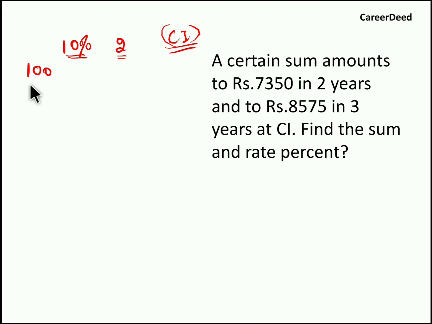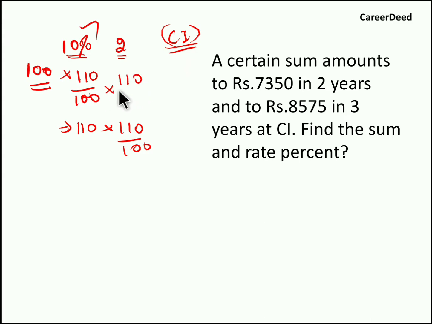Now you borrowed 100 rupees from the bank. First year you have to pay 10% extra on this 100, which is 110 by 100. So this 100 rupees is actually 100%. From that we have to increase it by 10% because the rate of interest is 10%. So when you solve it, you will get 110 rupees. So if you settle the amount to the bank at the end of first year, you have to pay 110%. Now moving to second year, they will put another 10%, which is 110 by 100, or simply you can multiply it here. So 110 by 100.